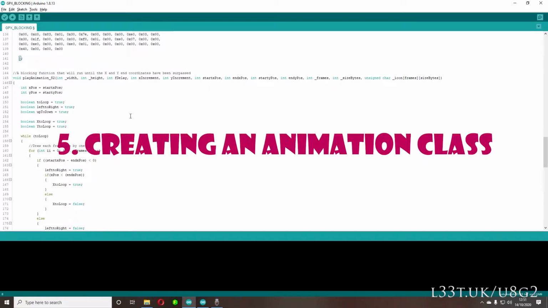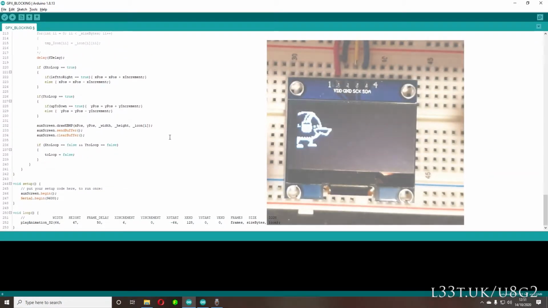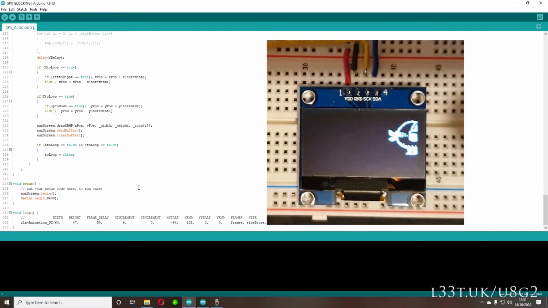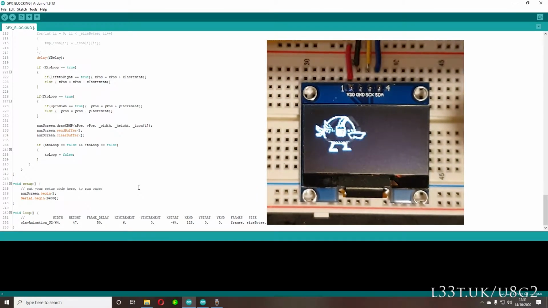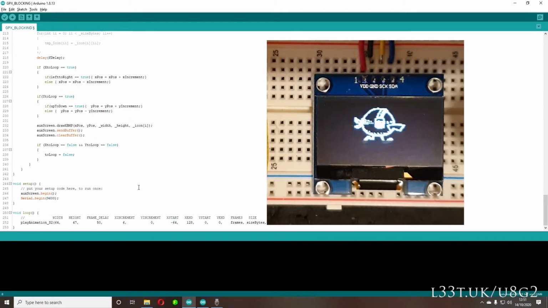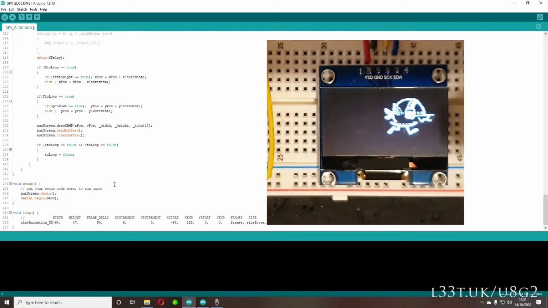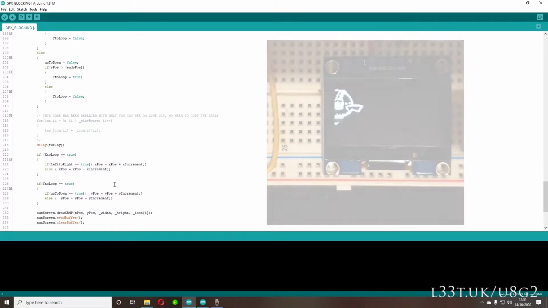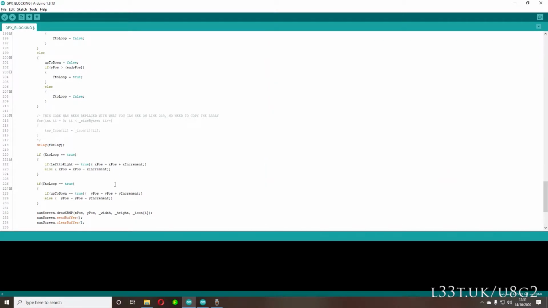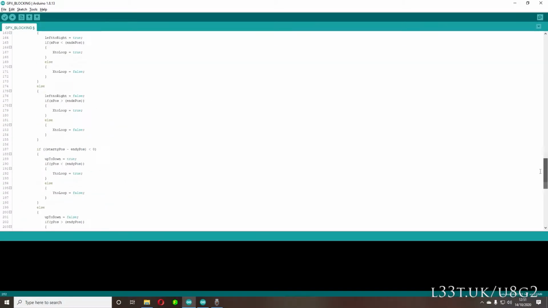What we did in the last video was to create this code that I'm showing you on screen now, and what this code did was it animated a bird walking across the screen. Now we had some problems with this code which were highlighted in the video, and those problems primarily were that this code would block your microcontroller, so your microcontroller couldn't do anything while it was playing the animation, and also we would struggle to play multiple animations because we would start to run out of memory because we're passing the icon to the function